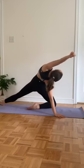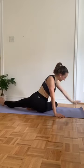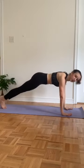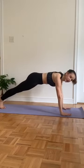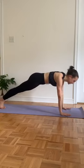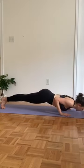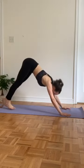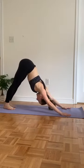and 1, slowly drop that left hip back down, take the hands out to the top of your mat, send the right leg back, left leg back, optional, last vinyasa here, or you can come back down into your down dog right away. So if you're taking that vinyasa, chaturanga, inhale, up dog, exhale, down dog, and then dropping the